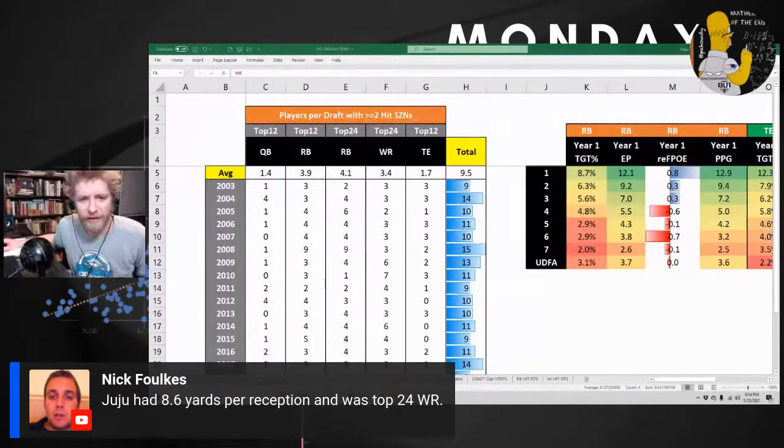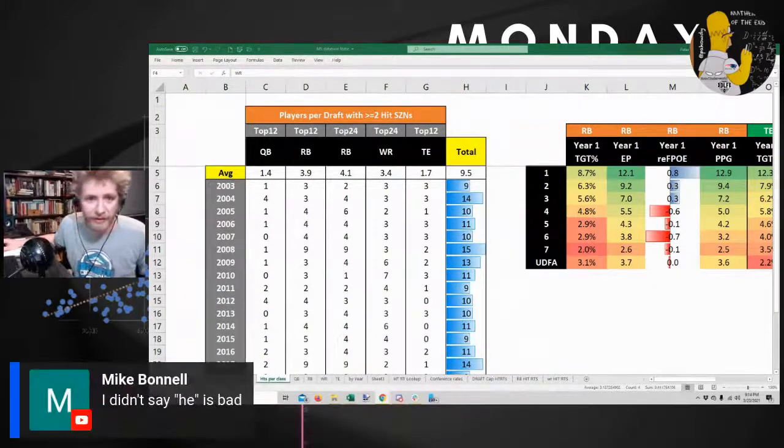Juju had 8.6 yards per reception. Another good one. Also, I'll point out every time he had an outside role in the NFL, he's had 100 yards. Every time they move him outside. They just don't move him outside a lot, which also kind of speaks to whether teams would if they could. I think Juju is one of the few players in the NFL, let alone on the team, that can actually produce what he produces closer to the line of scrimmage. And so Claypool and Deontay take those outside targets.